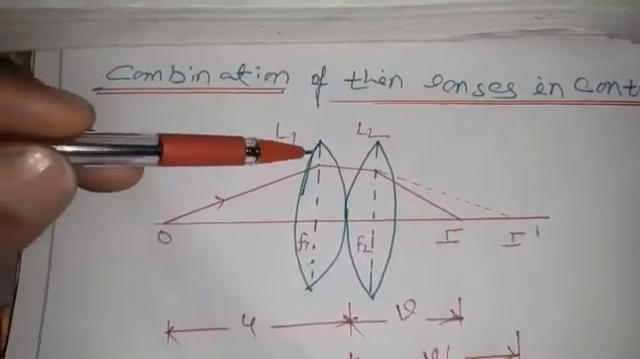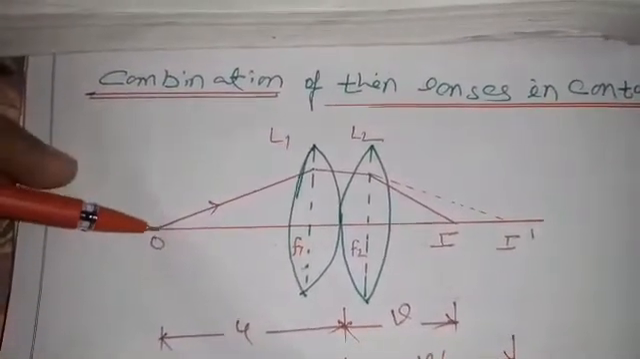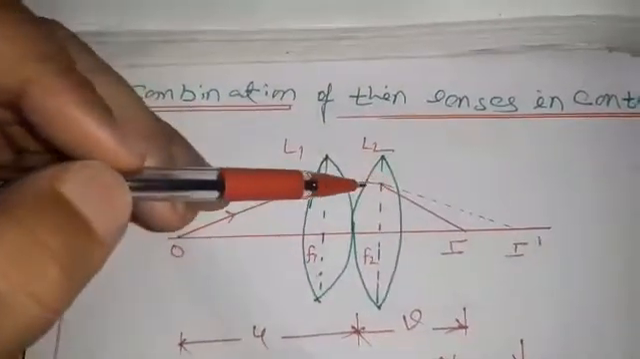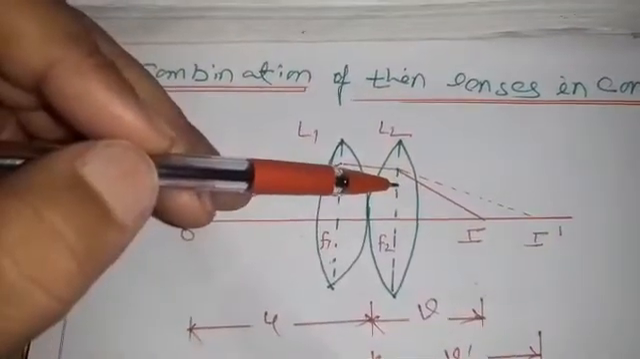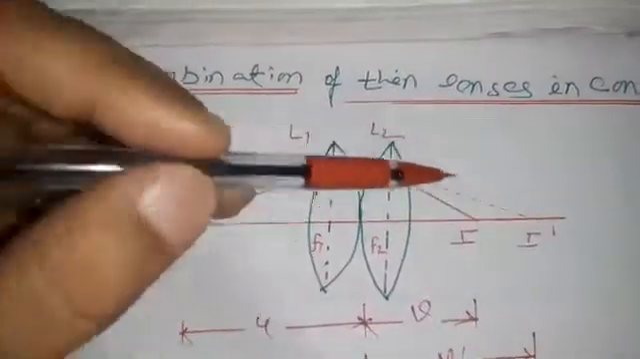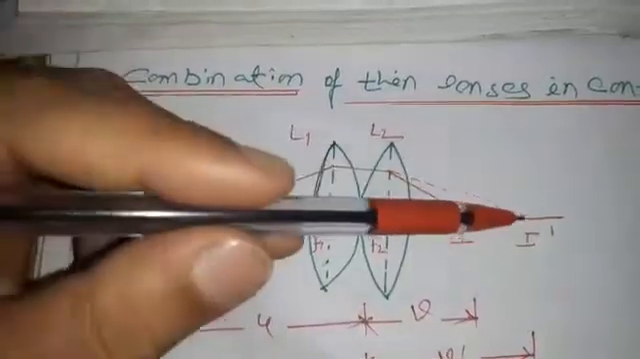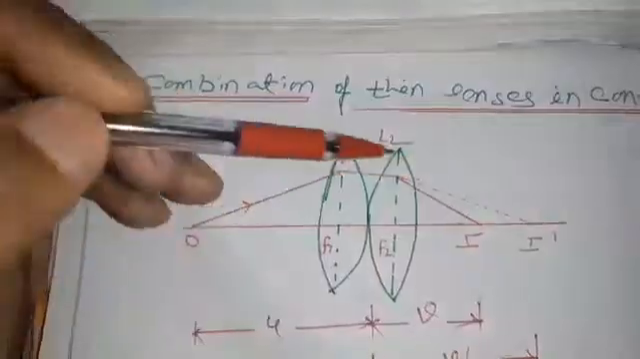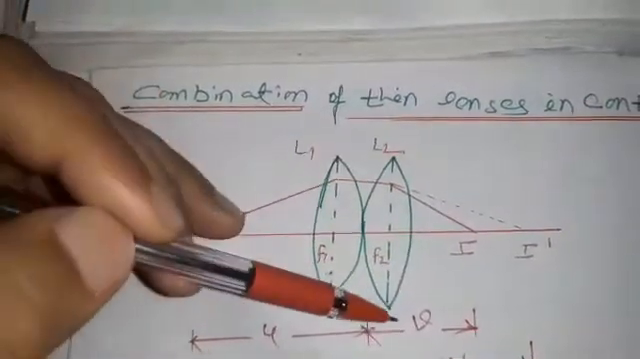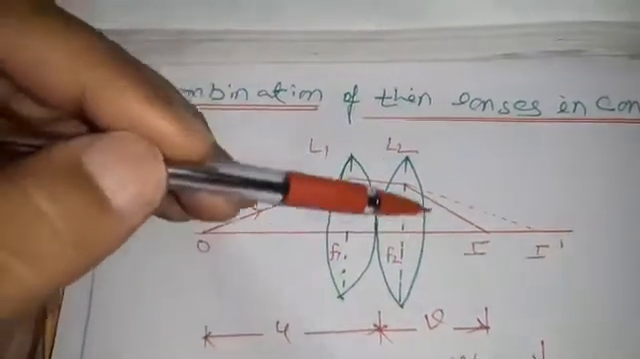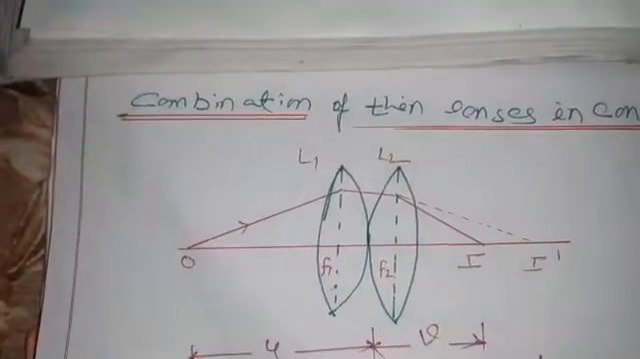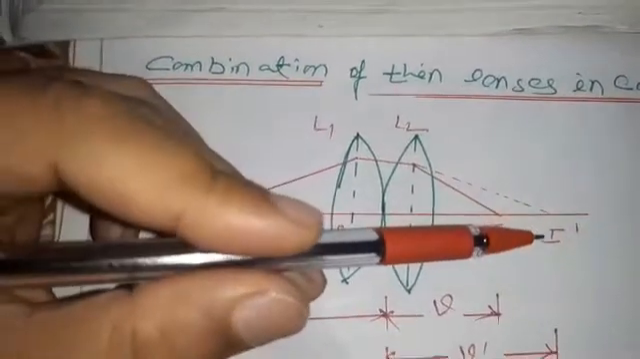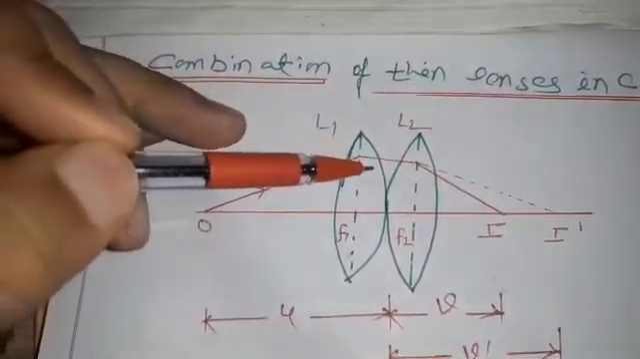The ray which is passing through the lens and coming from this point object, after passing through lens L1, produces a virtual image I dash. This virtual image behaves as an object for the second lens, L2, which serves as a virtual object for it, and produces the